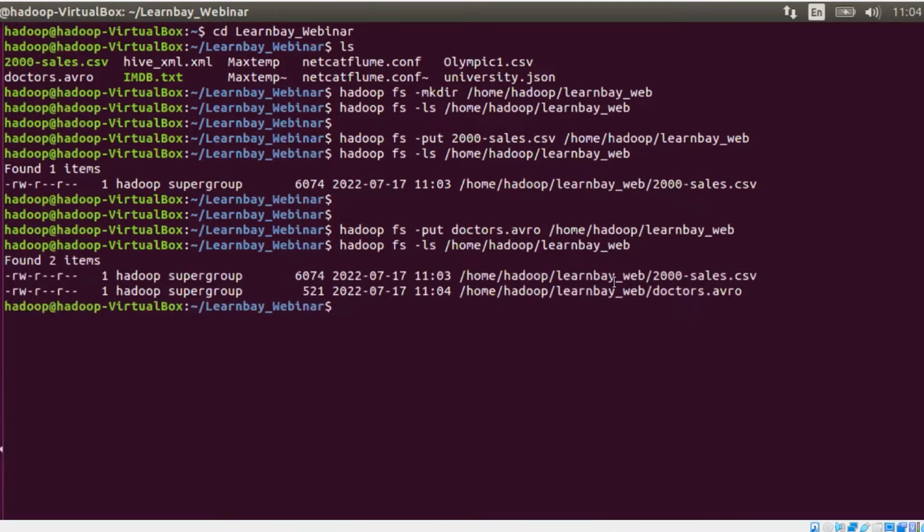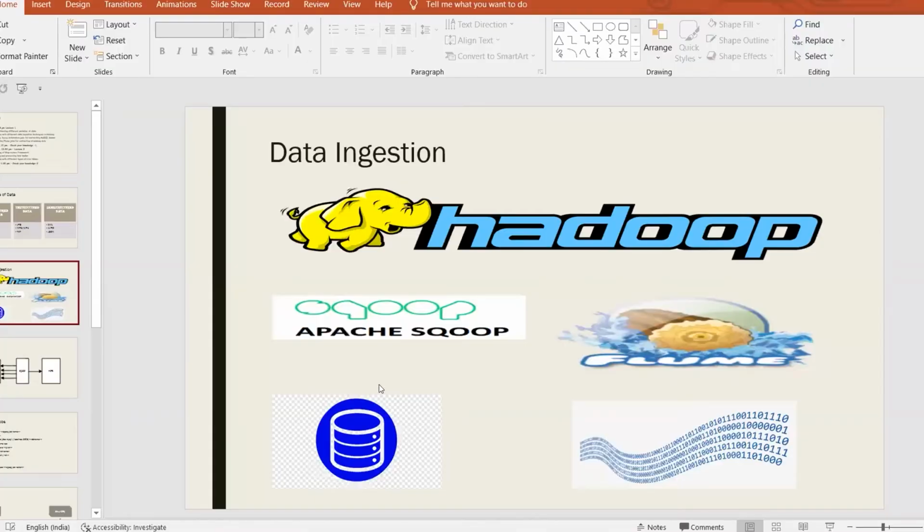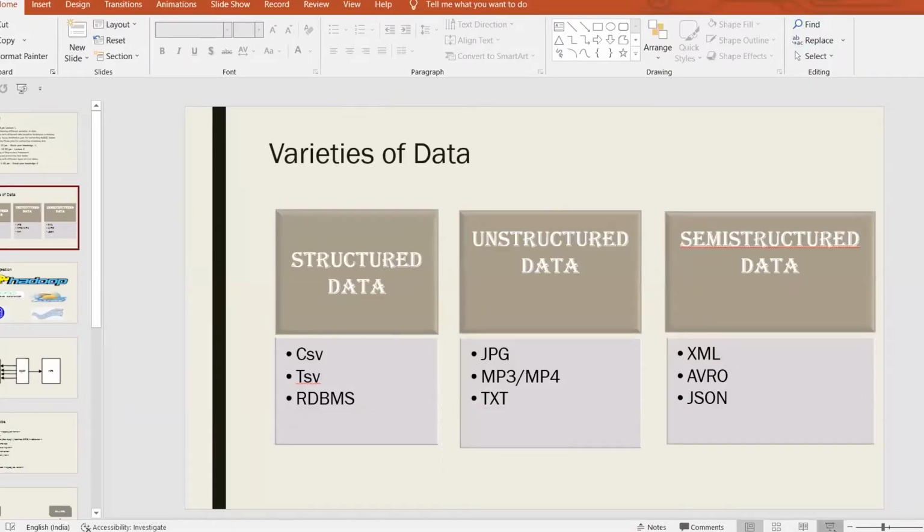See, now we have pushed 2 files inside. The same way I can push whatever file that I want, irrespective of the format, irrespective of the extension it is, I can bring it. The only thing it has to satisfy is it should be a file. Okay. You can't move a folder like this. It should be a file. So this is a very simple ingestion technique wherein I have a file and I am pushing the file inside